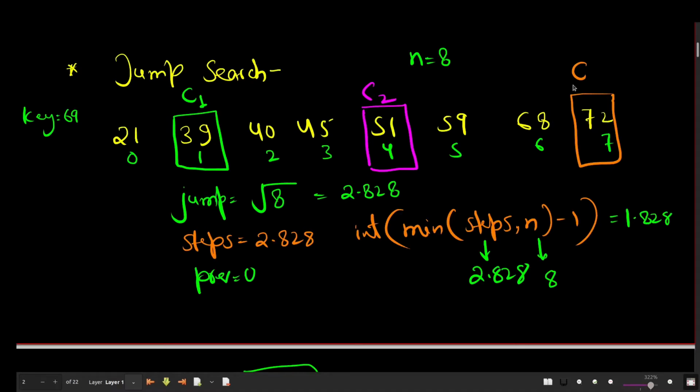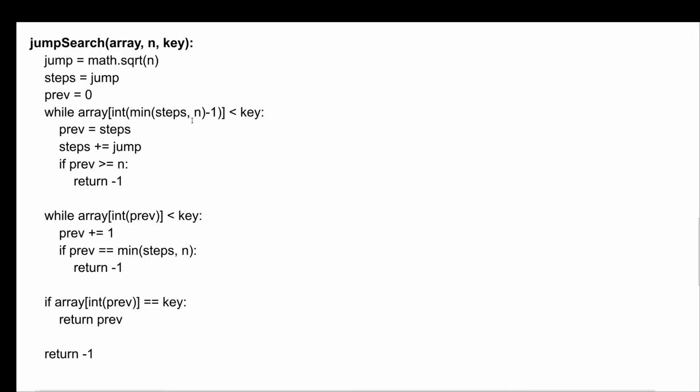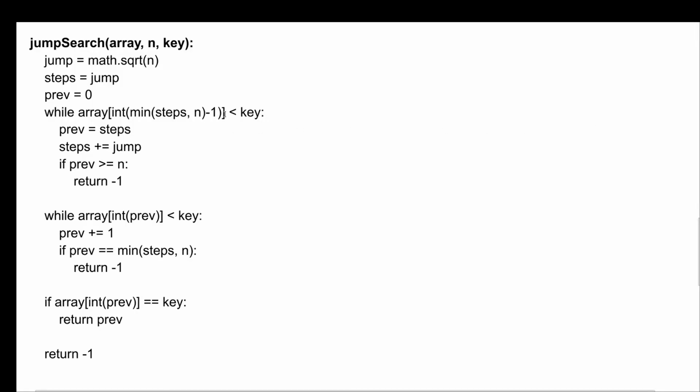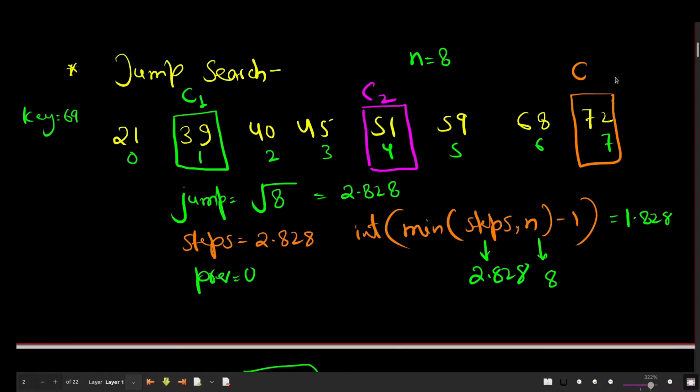We'll go here. So basically you can see that we are making a comparison, but if you are increasing comparison inside this loop, this time this number is not less than key. You can see it here, key is 69 and this number is greater, so this condition will be false here. And if you are increasing comparison inside this loop, it will not increase, so we can leave this thing. By the way, it is comparison 3, but you might or might not include this.